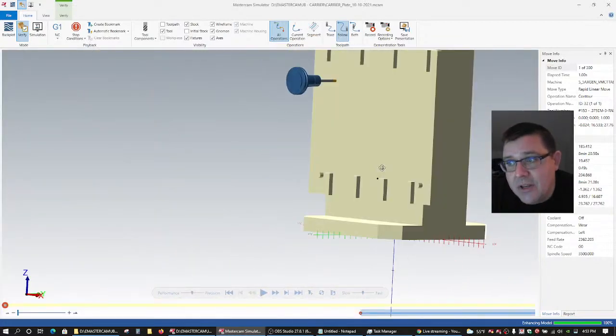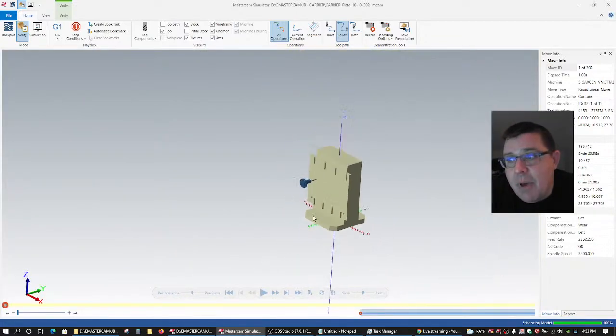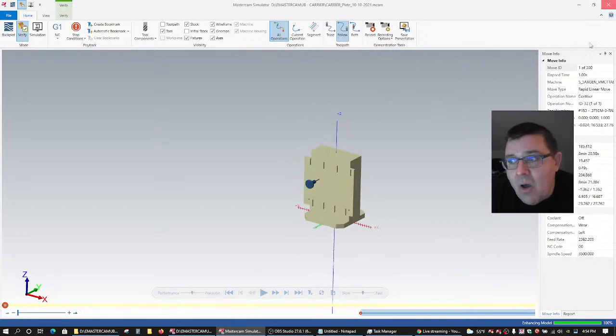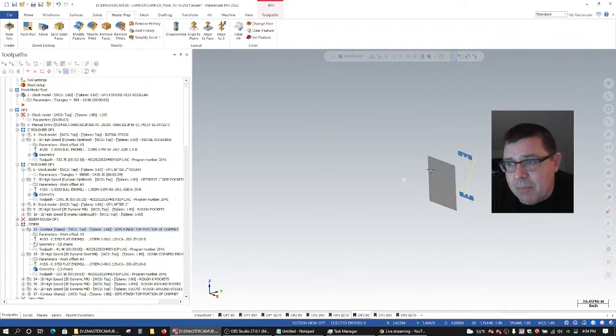And one of the ways we can do that is by combining all these different separate models into a single Boolean model and simplifying everything down to the basic outside shape to use for collision detection, because that's really why we're using it. Again, I wouldn't necessarily use that as the model for my toolpath, but I would for things like avoidance geometry,